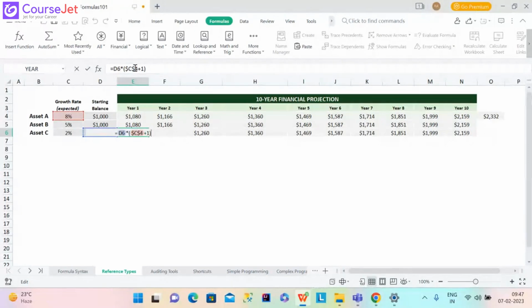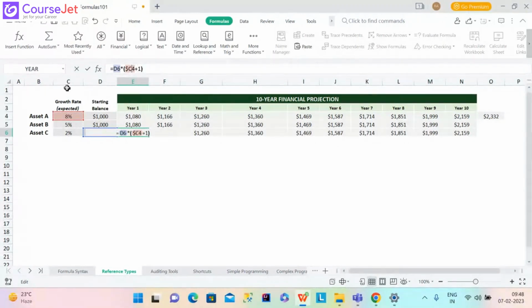So all we need to do in that case, let's undo, and that is go back to E4 right here. So no matter where the formula lives, the growth rates are always in column C, but we don't want the 4 to remain fixed. So what we will do, we will remove the dollar from the row. Okay. So we will remove the dollar from the row, but we are not removing the dollar from the C